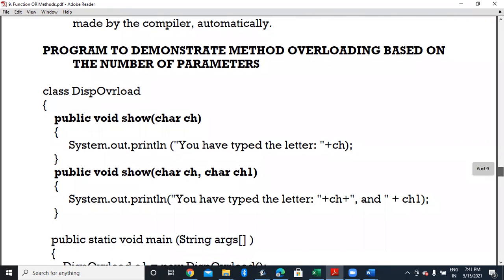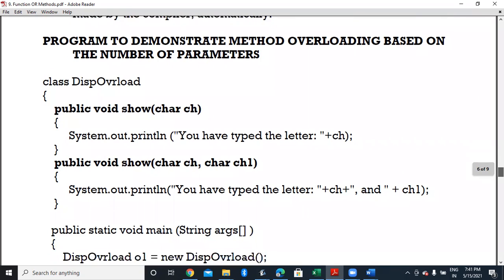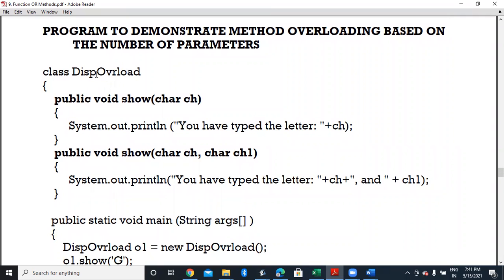With the help of some programs, we will understand it. You can see here it's a program, class Display, overload. You can see the first show is taking one character, and it will print that one character. In the second show function, you can see it is taking two characters and it will print two characters.